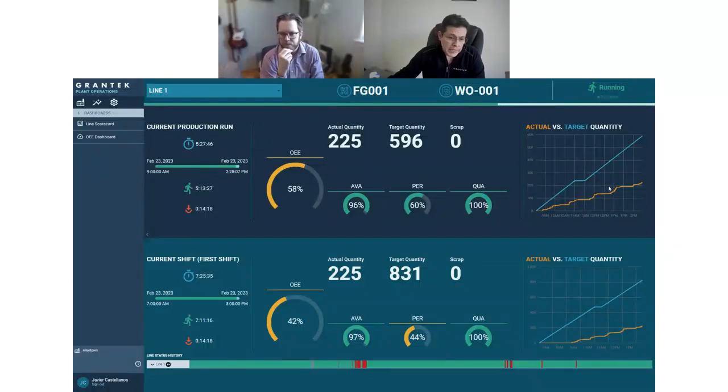Then in the second time frame, you can see the same indicators, but for the current shift. So you can see how much product you have produced since the shift started, your target for the shift, total scrap, and the OEE for the shift. And on the right-hand side, you have the same comparison, but for the entire shift. So you can see always at any given time how behind you are from the target that you should be